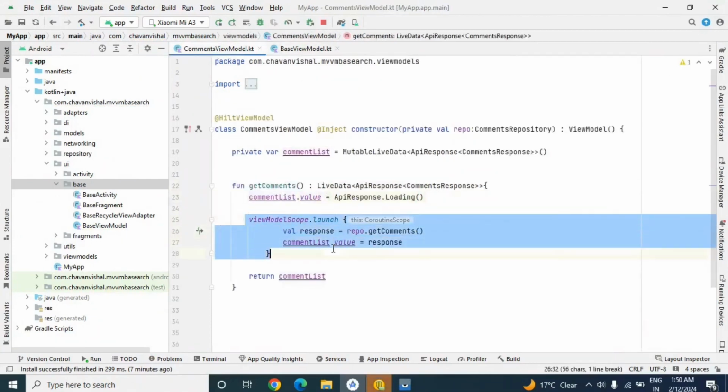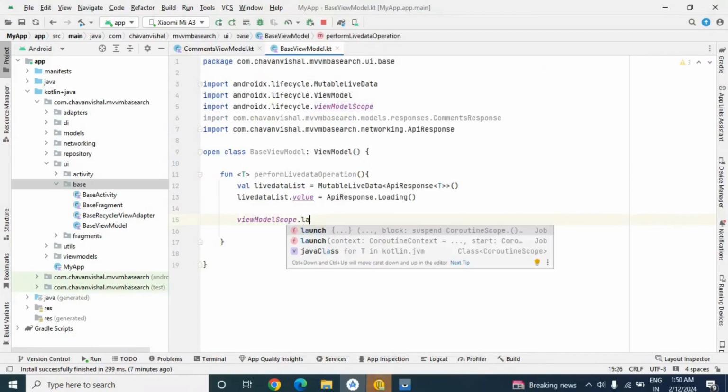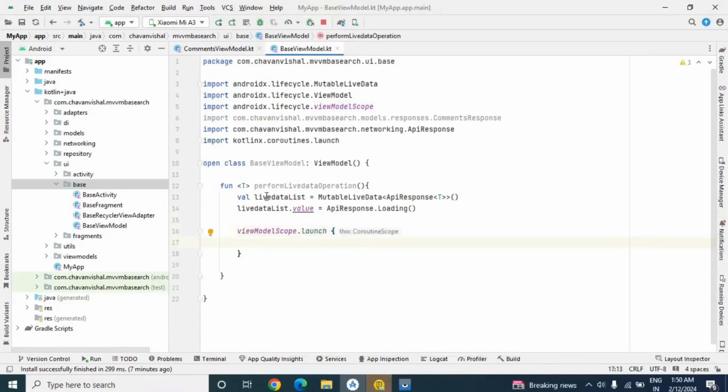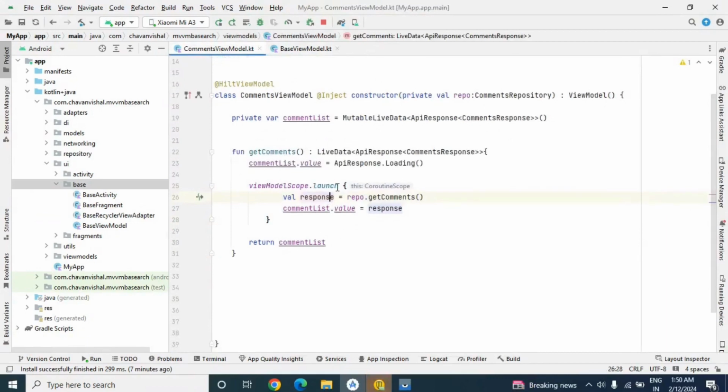Now this view model scope dot launch also we need to write in our base view model. So view model scope dot launch. Okay, yes. Now here in view model scope dot launch, what we are actually doing, we are calling repository method, and this repository response we are assigning to our variable.